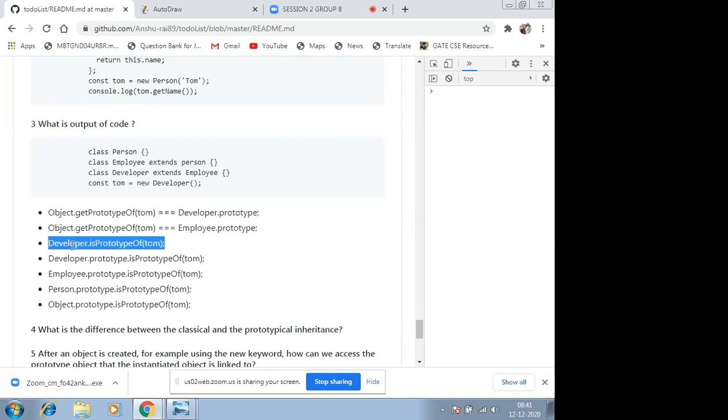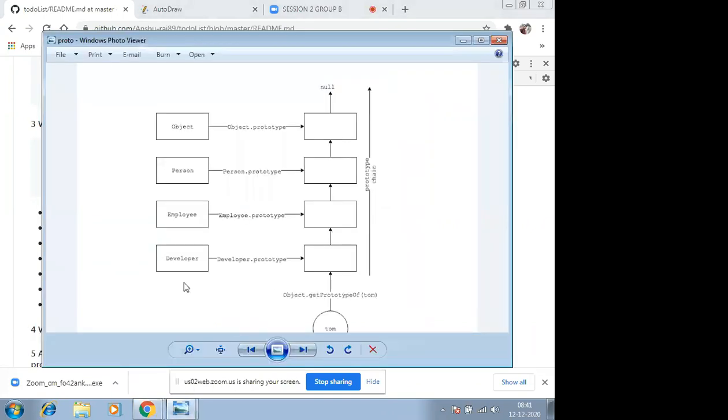So here we are checking whether my developer object is equal to the Tom prototype object or not. So is it clear now? First, is the question clear or not? So are both prototypes the same or not? No, not prototype. It is saying, to be very straight, does this developer object equal this prototype or not.